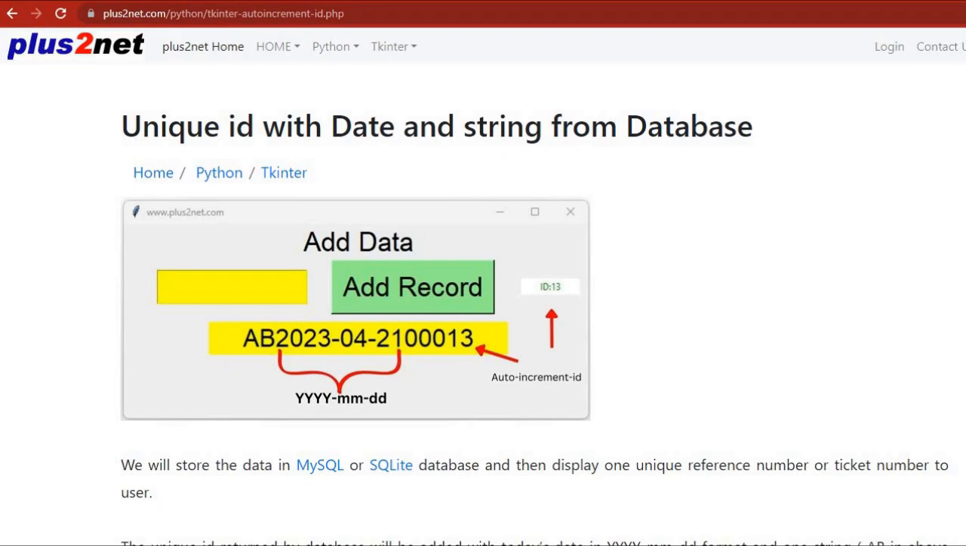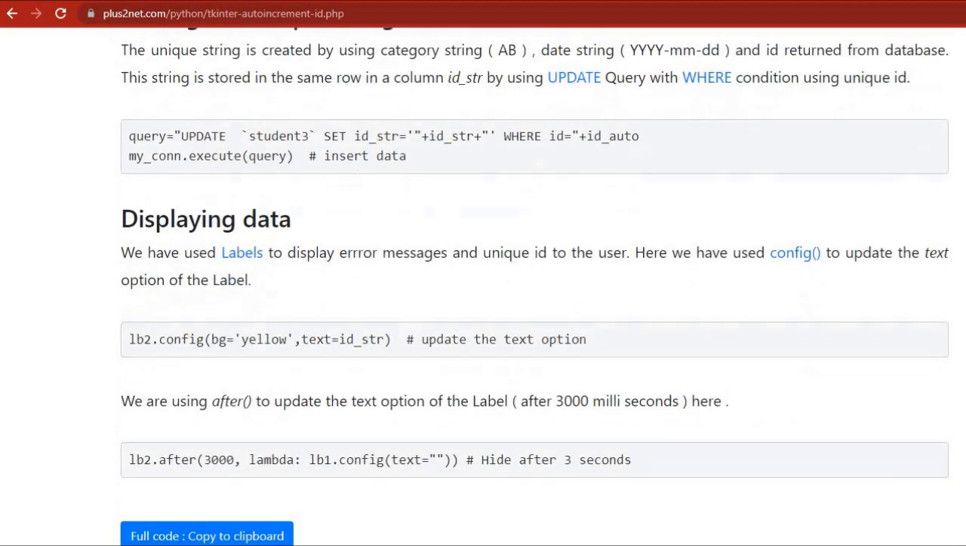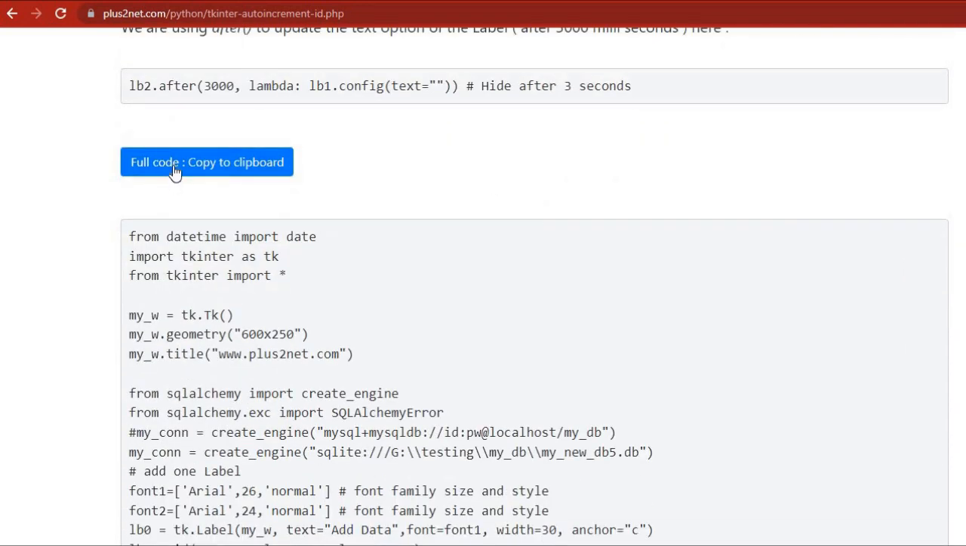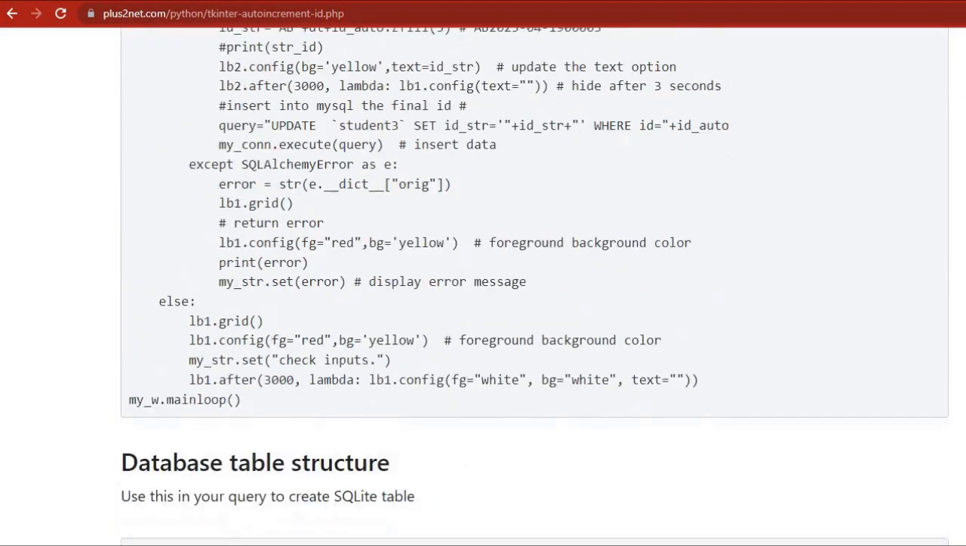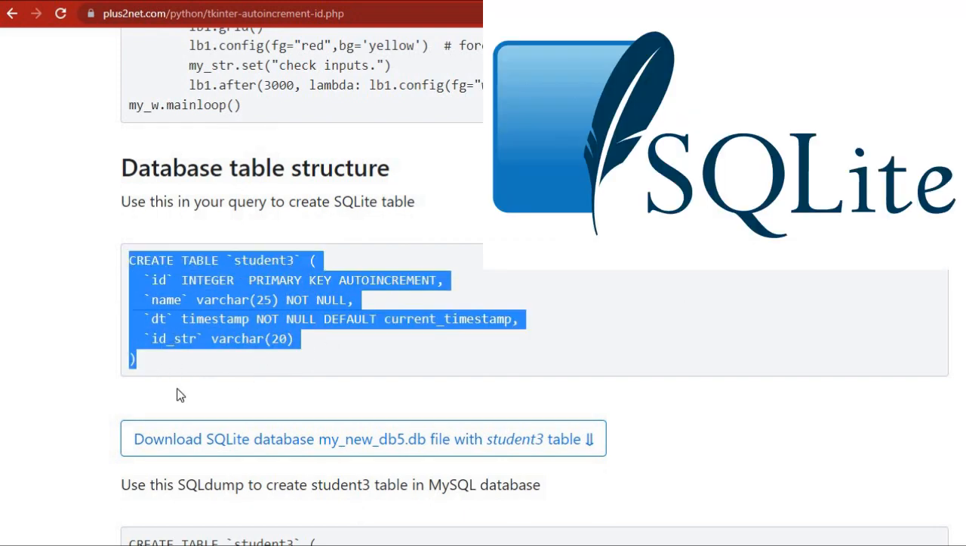Visit this URL and scroll down. You will get all the details: what functions are used, how they can be used, and here you can pull the entire code. You can copy it, or you can go further down to create the tables. Here is the database table, if you are using a SQLite database, then you can copy this and create the table in your GUI,